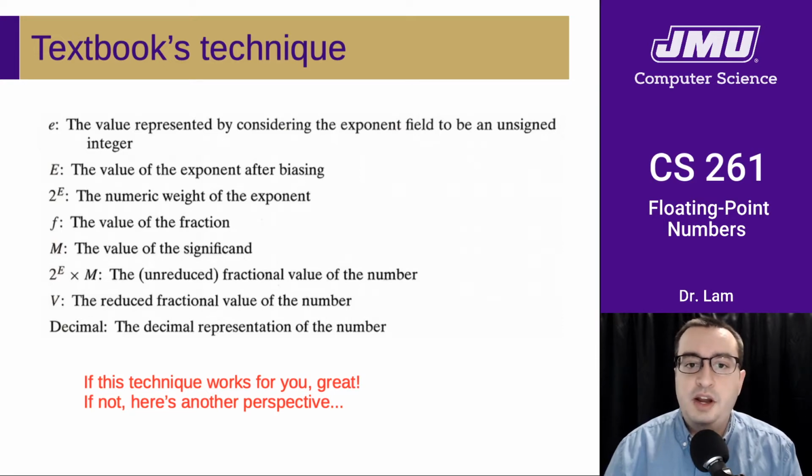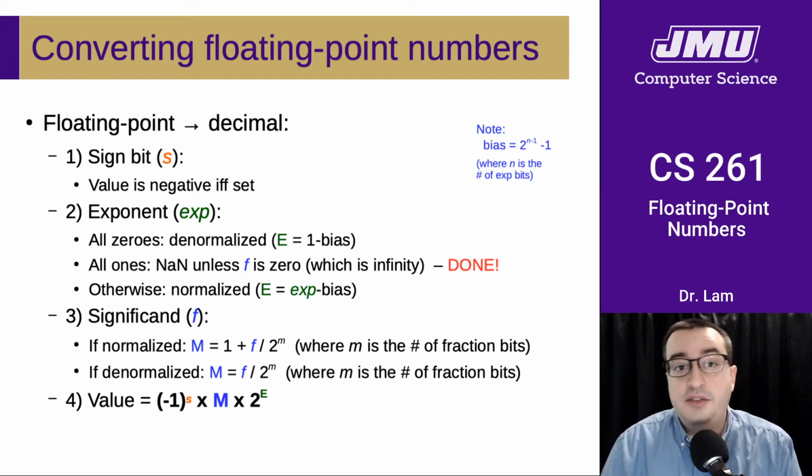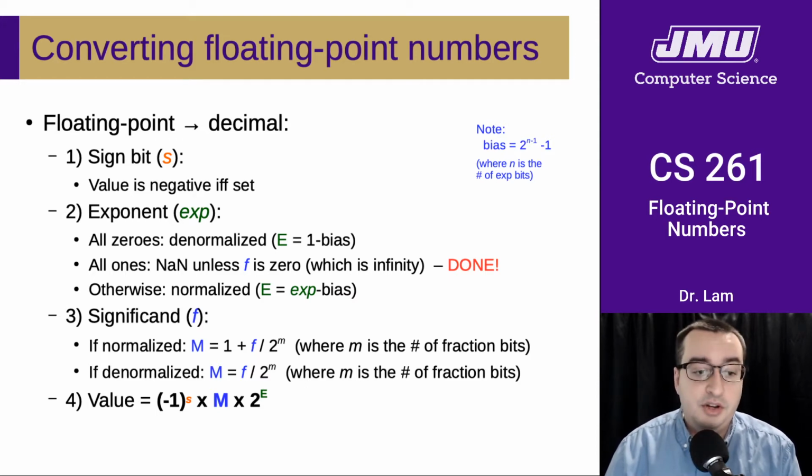Some people find a slightly different perspective to be a little bit easier to work with. So here is a slightly different way of thinking about these things. These are procedures to follow when doing a conversion. If you're converting from the binary floating point into the value that's being stored, or the decimal value, there's really 3 pieces that you need before you can calculate the final value. You need to pull out the sign bit, and if the sign bit is set, then your value is negative, otherwise it's going to be positive. You need to recover the exponent value.